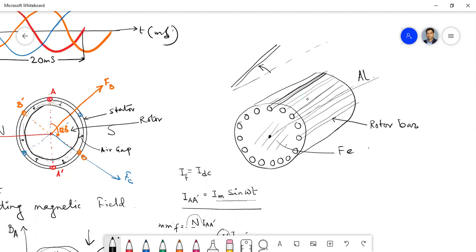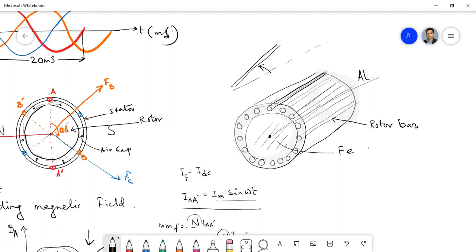So you have several rotor bars throughout the cylindrical periphery. All these bars have two ends, one this side, another that side. Now, these ends of the rotor bars are made short by two aluminium rings. So here also you use some aluminium ring, and at that side also we use some aluminium ring by which we make short. Are you getting? So this type of structure we have for the three-phase induction motor.